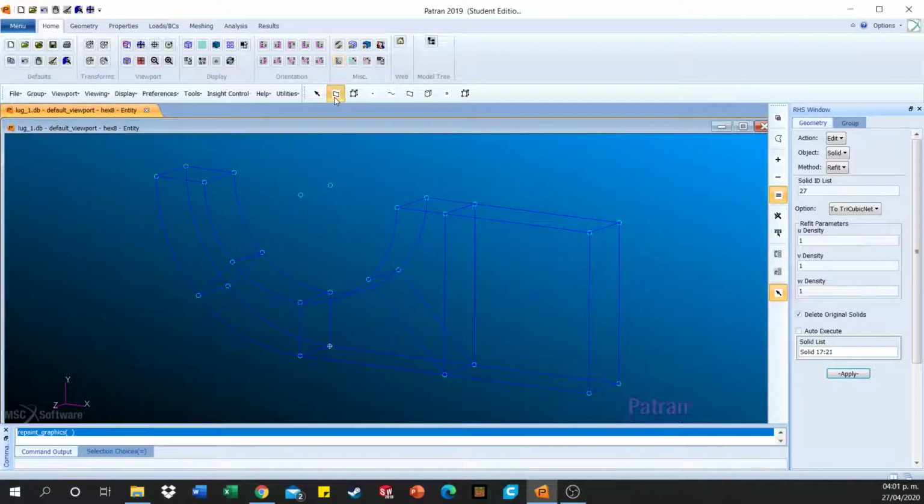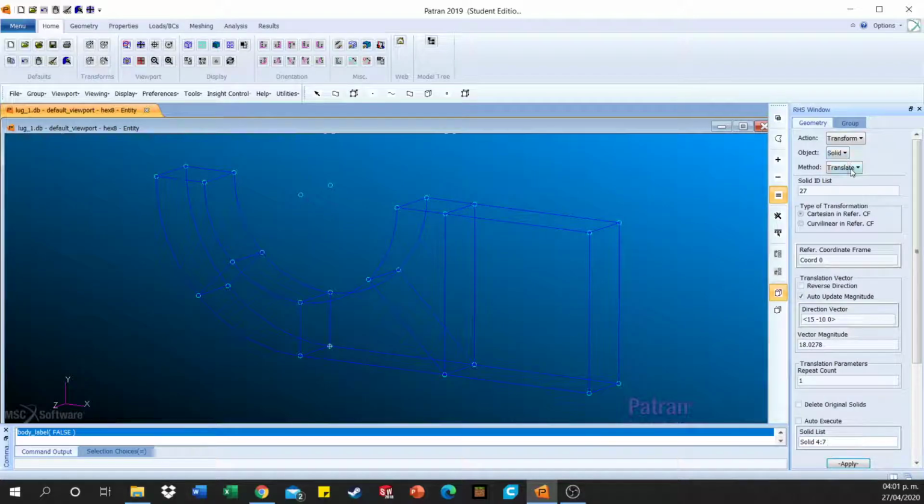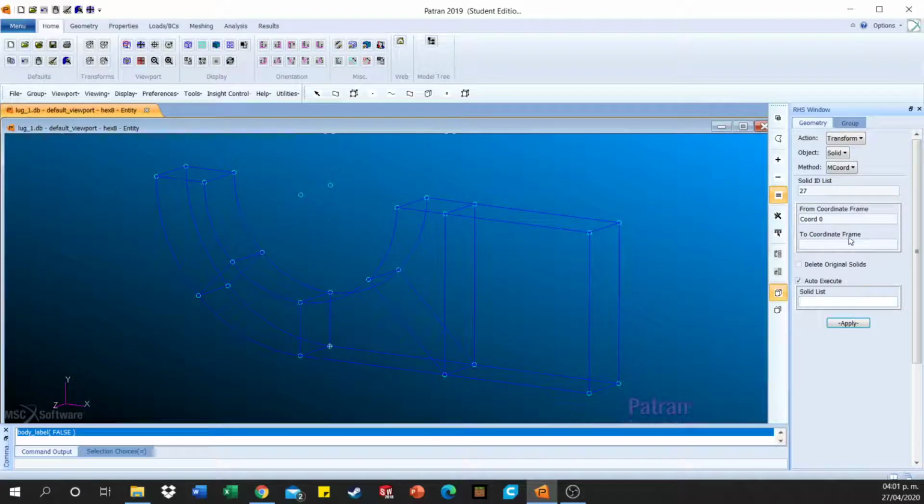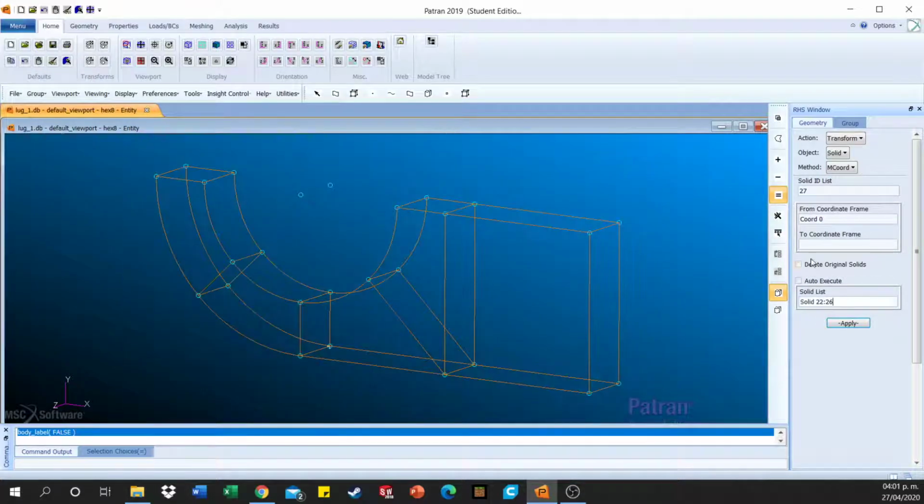You can display the points, everything here. Okay, we're gonna mirror our solids now. So we're gonna go, still in geometry, transform, solid and mirror. Turn auto execute off. We're gonna choose all of the solids. And in coordinate,